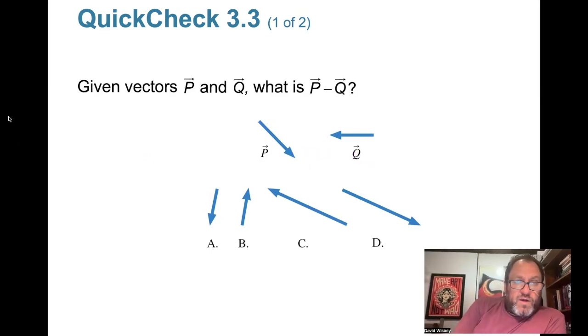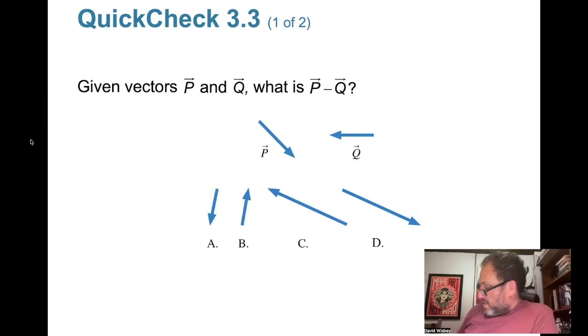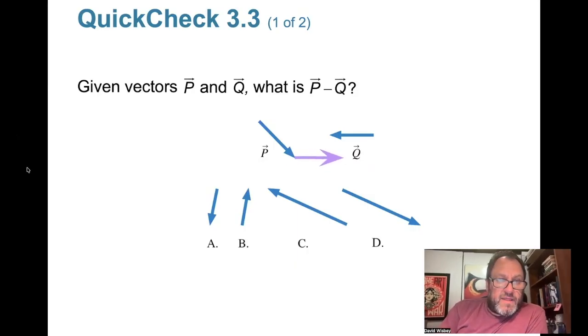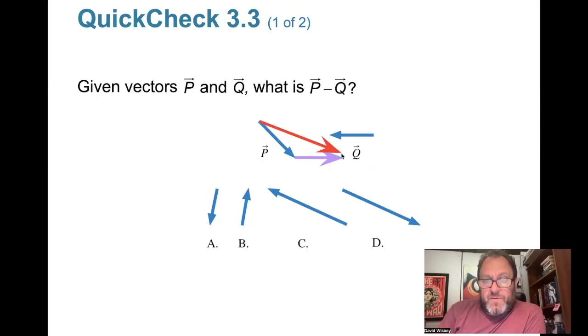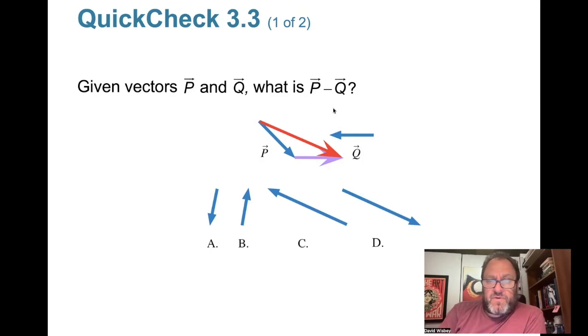So we're going to reverse Q, okay? And I'm going to draw another Q here. I'm going to start right here and it's going to go this way. That's about the right length. Okay, and then P minus Q is going to go from the end of big P to the end of Q over here. So just think of vectors as arrows that you're connecting end to end. You can add the x component to the x component of one and the y component to the y component. So the correct answer is D.